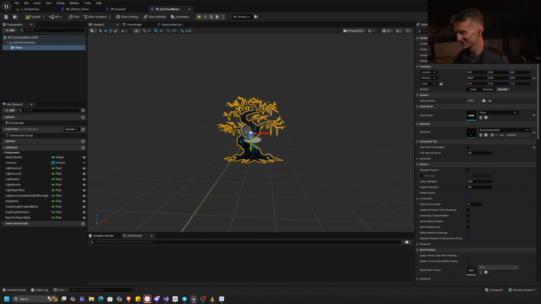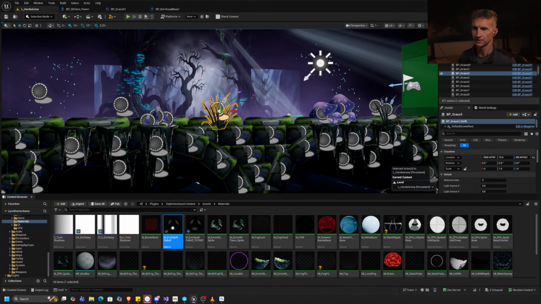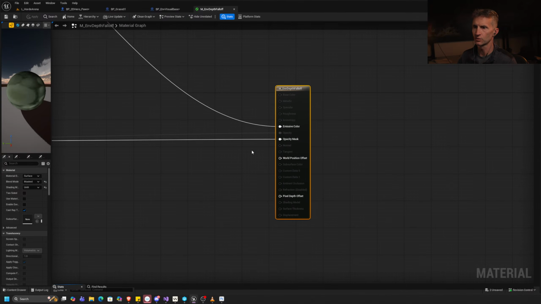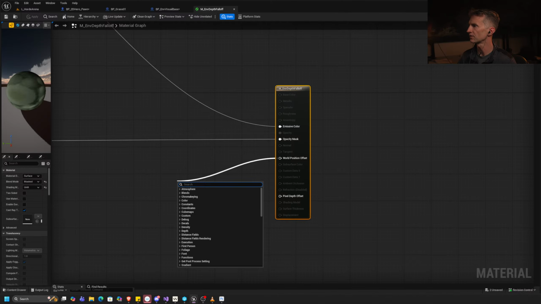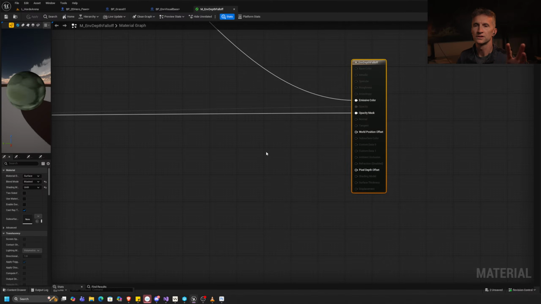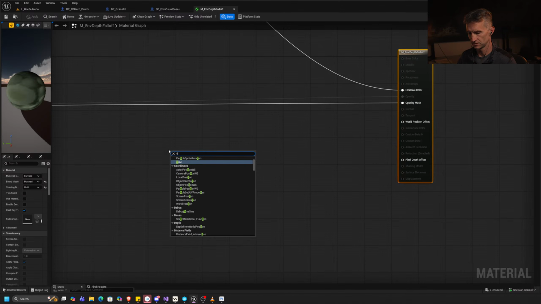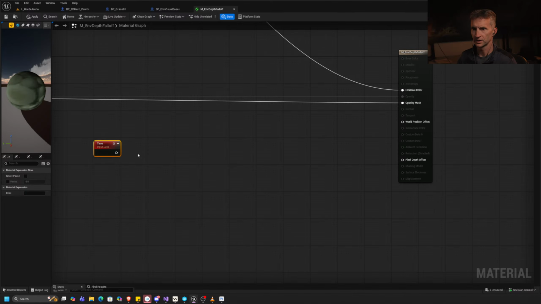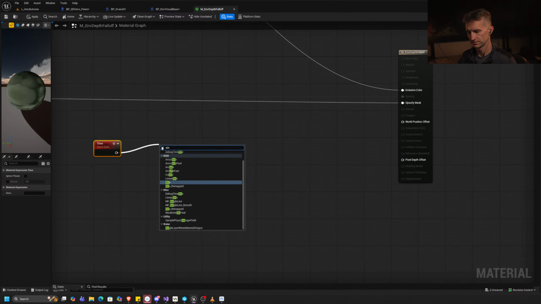Okay, so here we go. First things first, we need to take a look at our material. We have this environment depth falloff, and let's open that up because this is where we're going to be working. Right now we have nothing connected to our world position offset. So here's what I want to do. Let's just make it move. Let's start with making it move. So if we get time, and then we connect that to a sine wave,